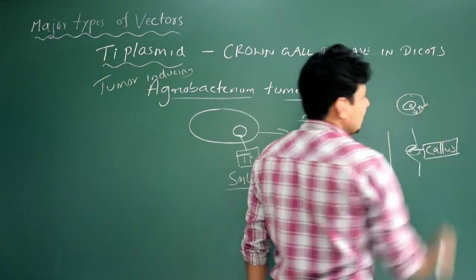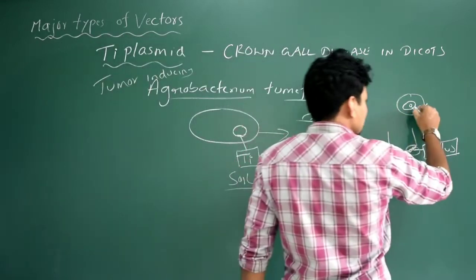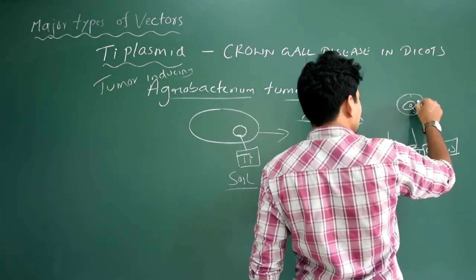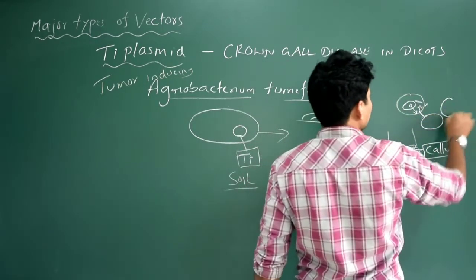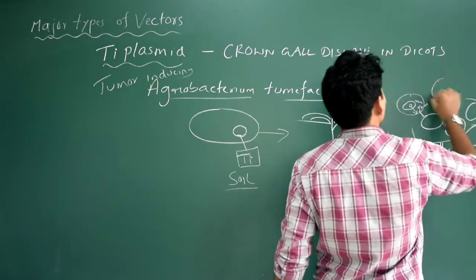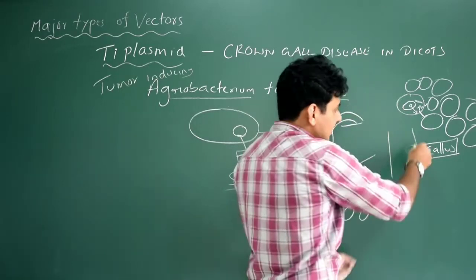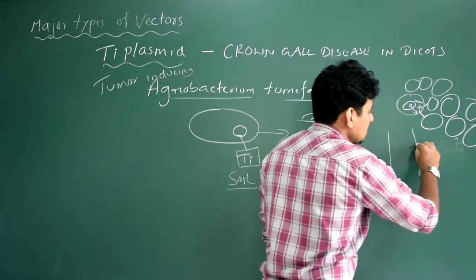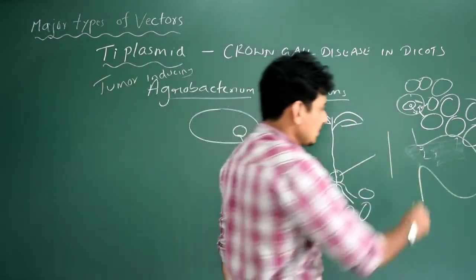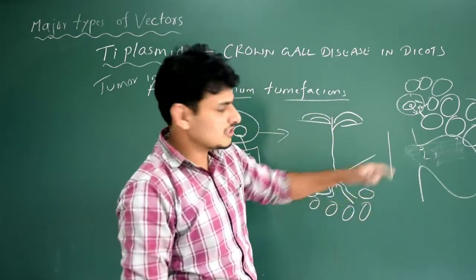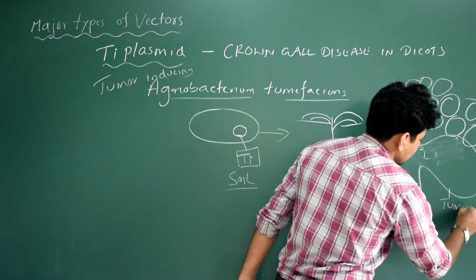What is tumor? Cancer. That is uncontrolled mitotic cell division. This particular Ti plasmid now takes control of the DNA of these callus cells and starts producing abnormal division of these callus cells. If these callus cells divide abnormally, with uncontrolled mitotic cell division, you see a structure like this. This is the tumor. Got it? Normally if you see the stem of the plant, you could see this huge structure. This is nothing but the tumor in plants.